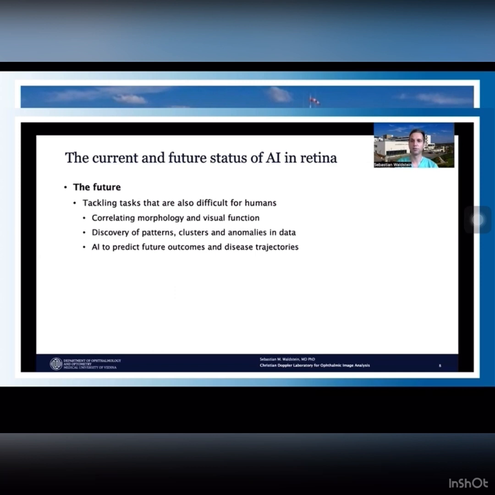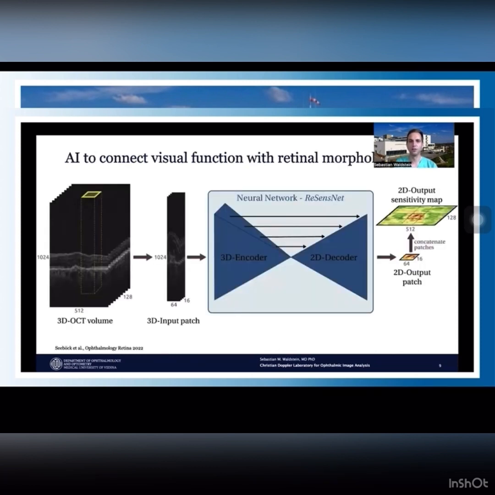Now let's move on to what I think the future will bring. So in the future, AI will be used to tackle tasks that are also difficult for humans. And these tasks include understanding the link between morphology in the OCT, for instance, and vision, to discover patterns and clusters in data and to predict outcomes. In the first example here, deep learning is used to link OCT